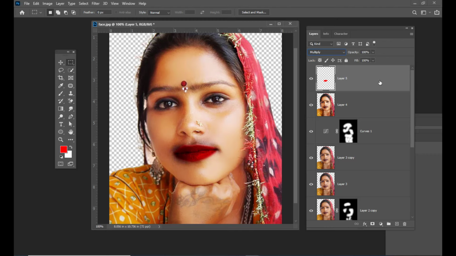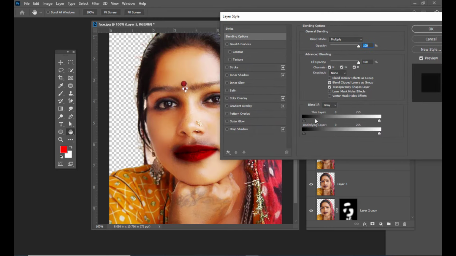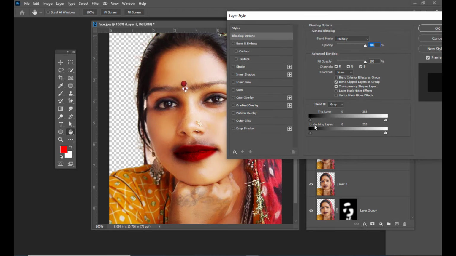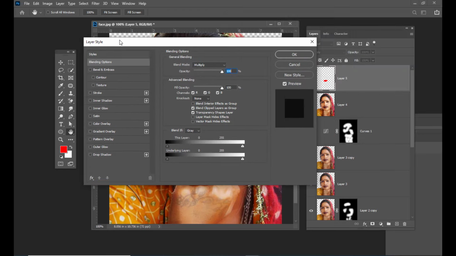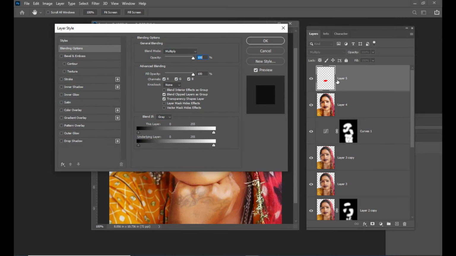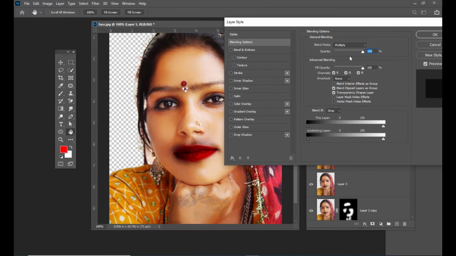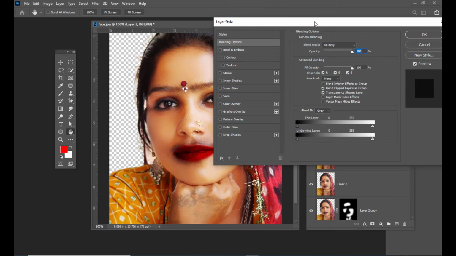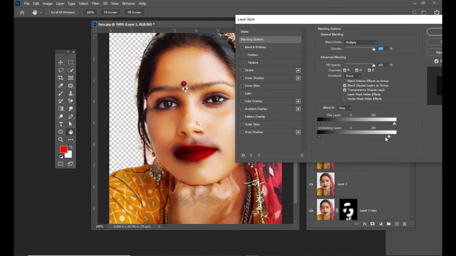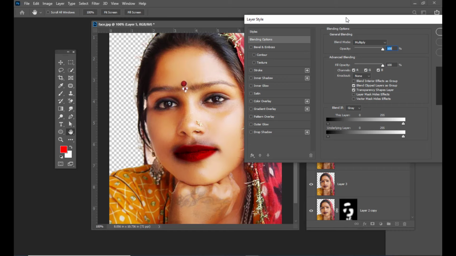So what we can do is simply double click on this layer, and here we have some options. Underlying layer. So this underlying layer means the layer below the active layer, which is the lips layer. So that layer's bright areas are going to affect the top layer, that is the active layer, which is lips layer. So how it will affect? See, here we have a slider. So if I move it, see, the highlights are returning, but we don't want the highlights to be too intense,